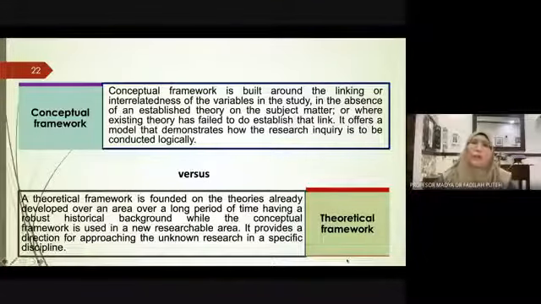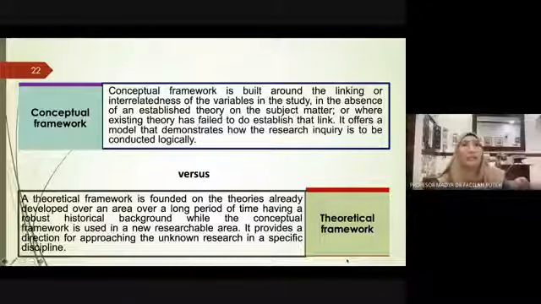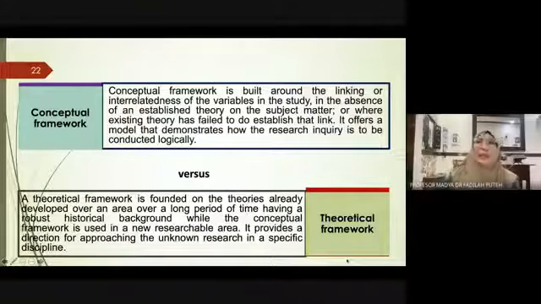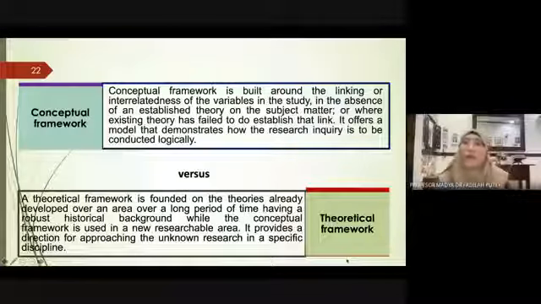When you develop your conceptual framework, you have the concept in your head that these are the possible factors that could have an impact on this phenomenon. But you are not sure yet whether these factors are relevant or accurate, and at that point in time, you don't even think about what theory could explain this. Later, when you are doing your literature review, only then you find the established theory